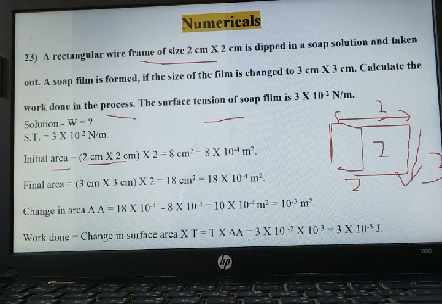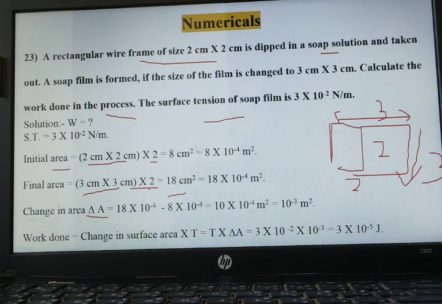As this is a film, we have to consider it by multiplying by 2. यहाँ पे जो भी आएगा उसको 2 से multiply करना है. Rest, 2 into 2 is 4, 2 4s are 8. Similarly over here 3 3s are 9, 9 2s are 18. So it is 18.